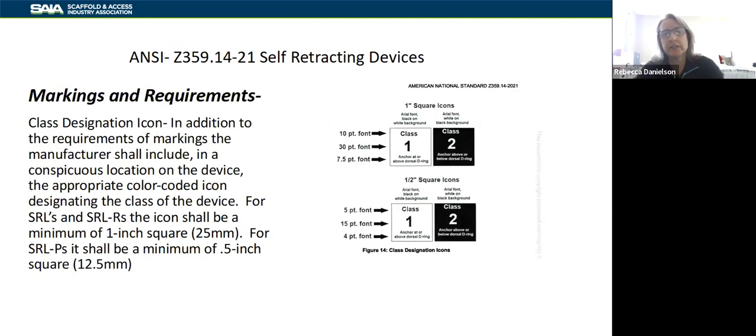You'll also start to see, and this started back with lanyards, white label with black lettering and black label with white lettering. They're trying to make it very easy for people to look right at it and go, okay, I know what that is, and keeping it standard across all the different subgroups within the standard. These are just things that you guys out in the field can look at and be able to say, okay, that's what that is.